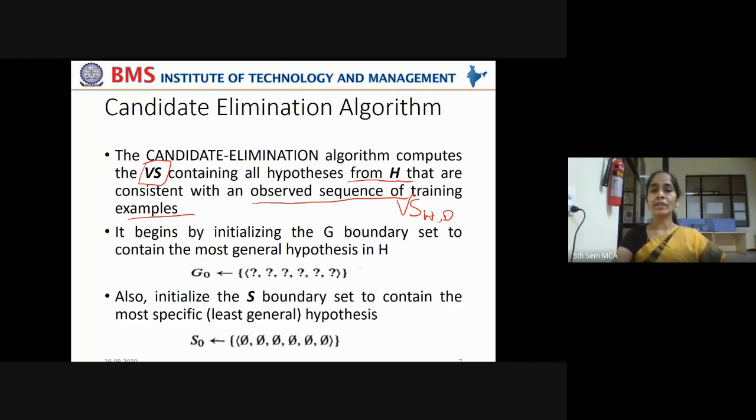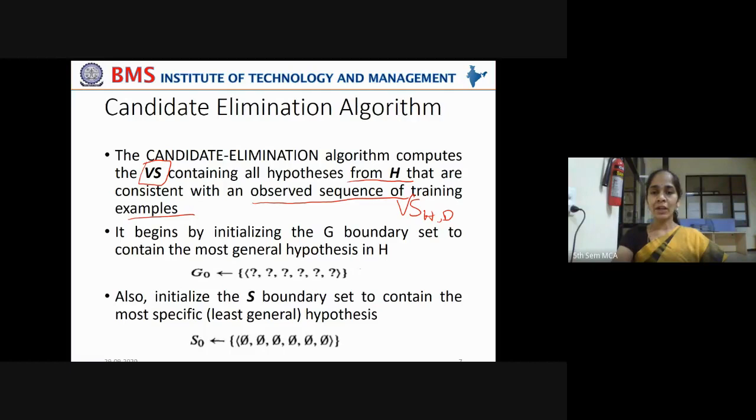Okay, now how does the candidate elimination algorithm begin? After this class also, if you still have doubt about this candidate elimination algorithm, you can go to YouTube and click videos on candidate elimination algorithm. Very nice videos clearly explaining this process are given. If you want extra inputs on this, because we can't spend each and every class discussing only this algorithm, you can browse for YouTube videos on candidate elimination algorithm examples. You will get beautiful videos. Okay, before that, let's understand the basic flow of the steps in this algorithm.